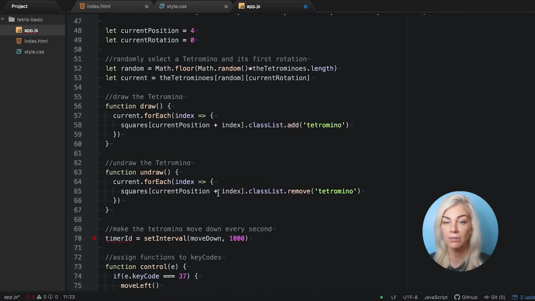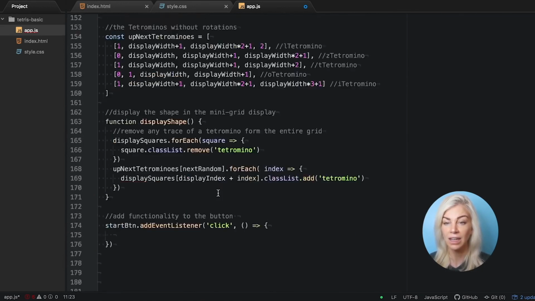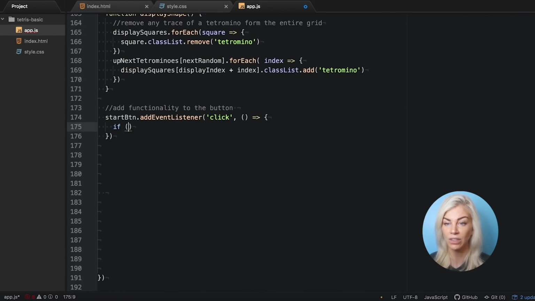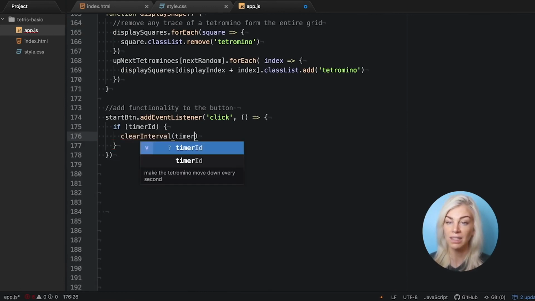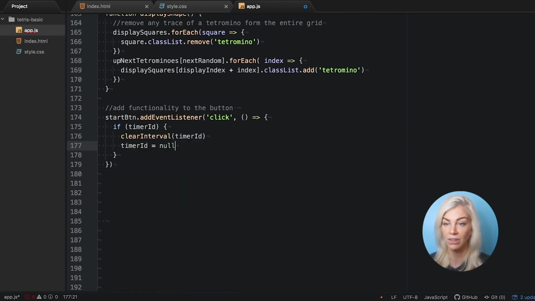Okay, so if the button is clicked and we have a timer ID value, so the value is not null, we want to pause the game. We do this by passing timer ID through clear interval like this and setting the value of our timer ID to null. Else, when the start button is pressed, we draw the tetramino in what is the default current position,